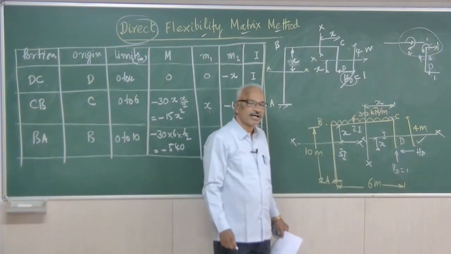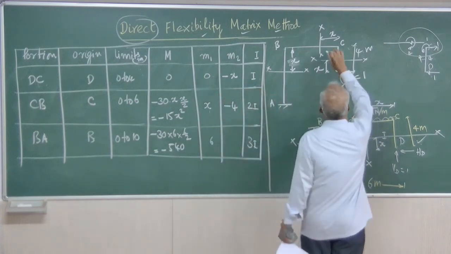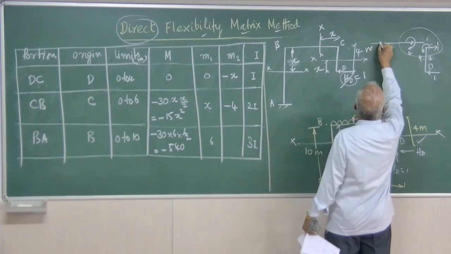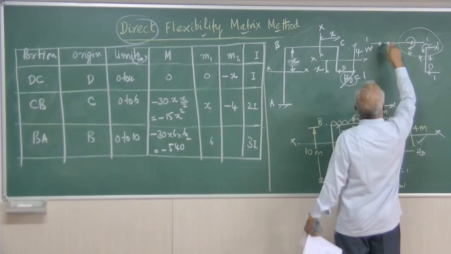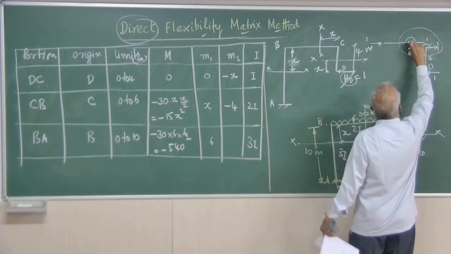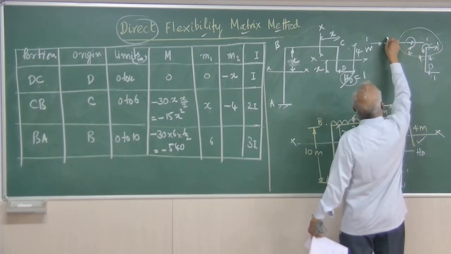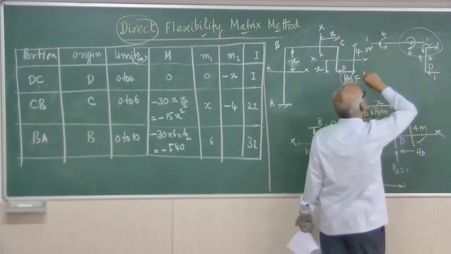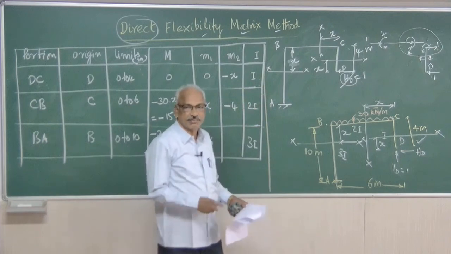Next, coming to the member equilibrium. Member BC will be in equilibrium only when there is a force to the right, because this is towards left 1, therefore this is towards right 1 for horizontal equilibrium. Now, when there is a clockwise moment of 4, here there will be an anti-clockwise moment of 4. So, with these values, the member BC will be under equilibrium.